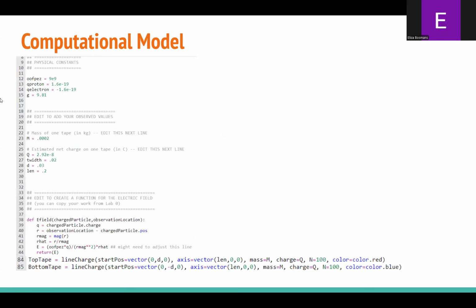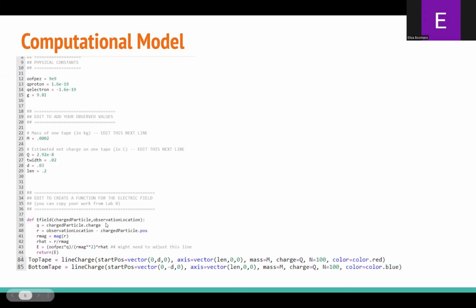And then here's the actual computational model, where these are the physical constants. This is the value K, which is a constant used to calculate electric force. These actually were not used. I'm not sure why they're still in there. This is the force of gravity. This was the mass of one piece of tape, the charge on one piece of tape, and the width, length,